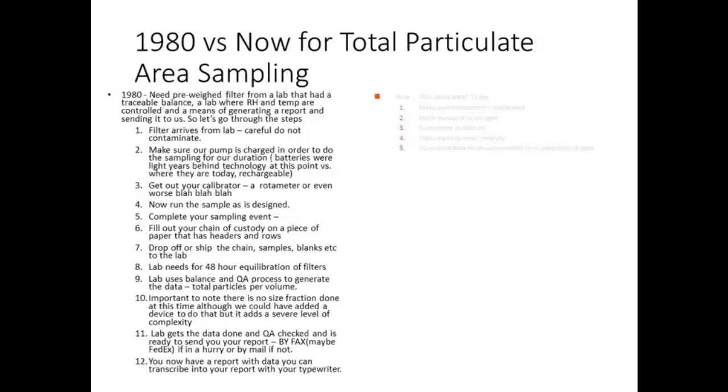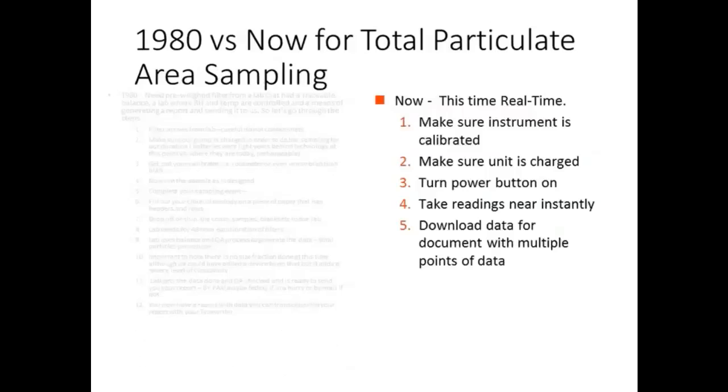This is the way it's been done, and we're slowly moving away from this type of workflow into a new digital, cloud-based, Internet of Things type of way of doing your job. So now what's available in the marketplace is that the instruments are pre-calibrated. Really, what you need to worry about most is making sure that it's charged if you don't have a local area to plug in, especially if it's an outdoor application.